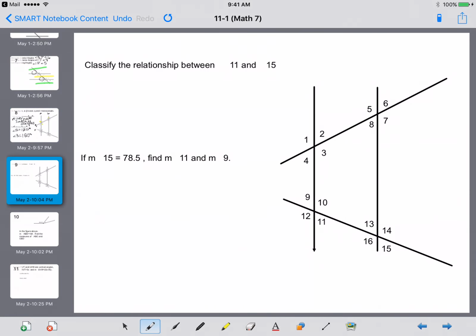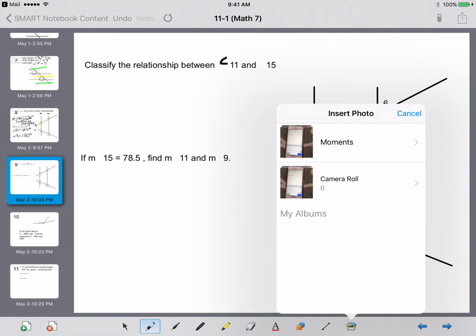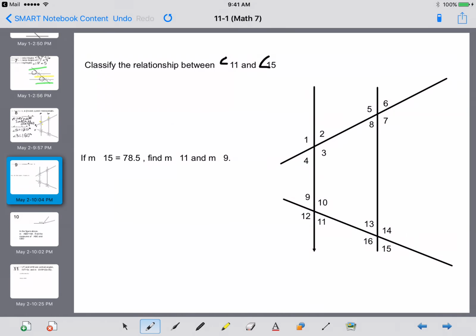Go ahead and try this one on your own with our little angles in here, and see what you get and compare with what I have. So it says to classify the relationship between angle 11 and angle 15. So we've got 11 and 15. Are they inside or outside? They're definitely outside. And they're in the same location